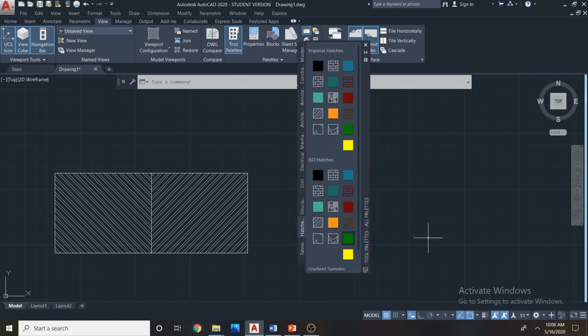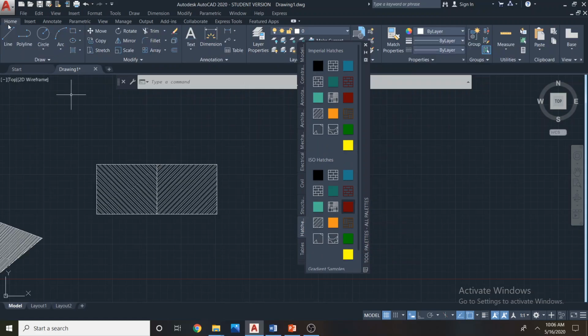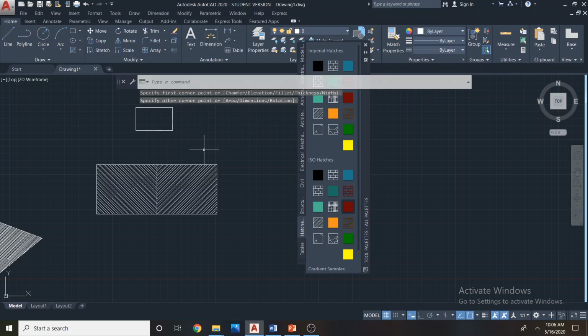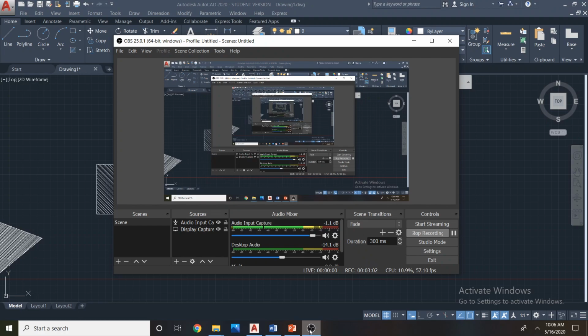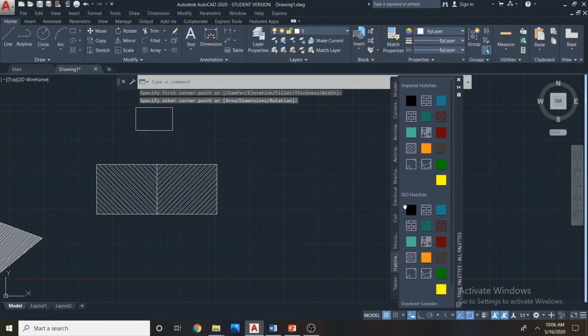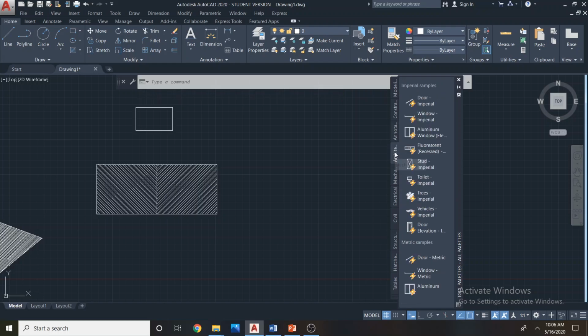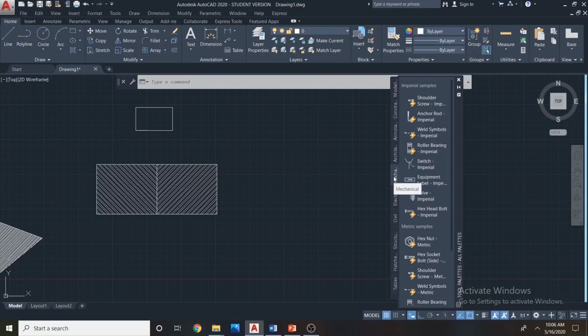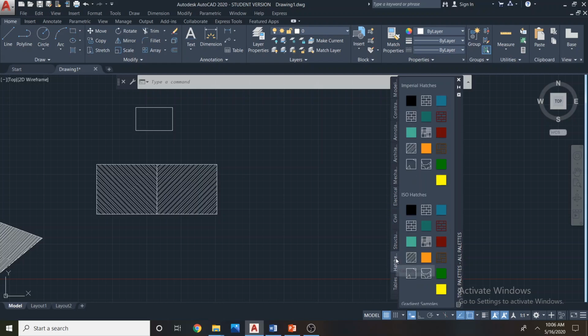So these are the hatch tools. I'll just draw some objects. Now how does this tool palette work? Tool palettes have a lot of areas, and we have discussed these things in the previous lessons even. We have predefined shapes available in the software. Using the tool palettes we can quickly import them; we don't need to draw them again. So this is the area we are going to discuss today.